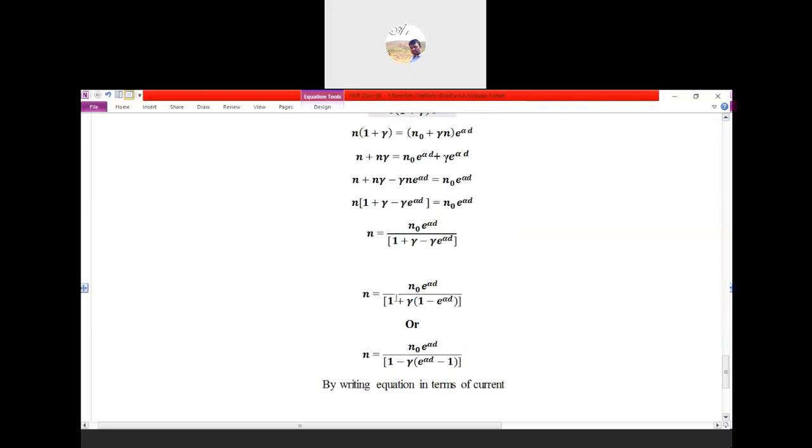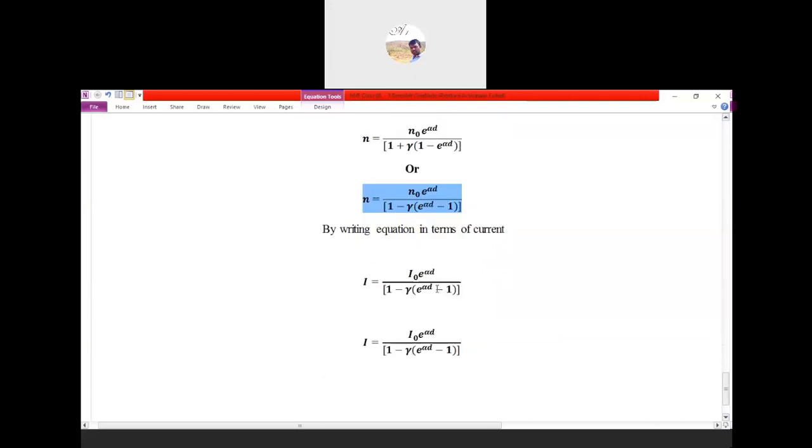Now we are considering the equation. Whatever the n plus value is, we are going to substitute it in the equation, that is n is equal to n naught plus n plus. Here the n naught value is there, and in the primary ionization we substitute the n naught value, that is nothing but the initial value. Now we have to substitute the n plus value, so we are taking this equation and substituting it here.